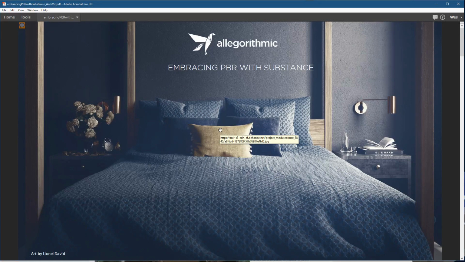So what we're going to do today is take a specific look at physically based rendering and shading. This is really not going to be specific to the Substance tools themselves. This is going to be more of a theory and practical guideline to rendering with